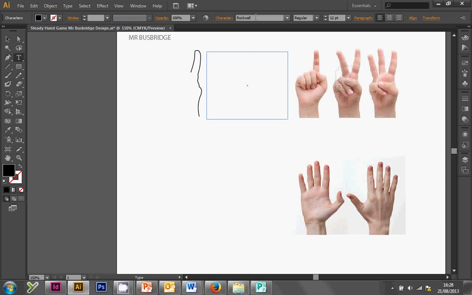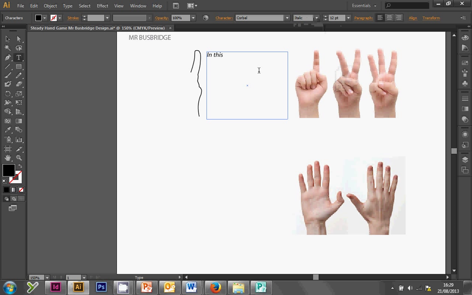Now I'm going to do this in a sensible font. Rockwell isn't a good font for typing text. It's good for headers and things, but it's not good for writing. Type in Corbel, and that's a nice font to use. And then I like to put it in italics when I've got it. So when my computer's finished being slow, I'm going to go italic there. Now I can just write here,